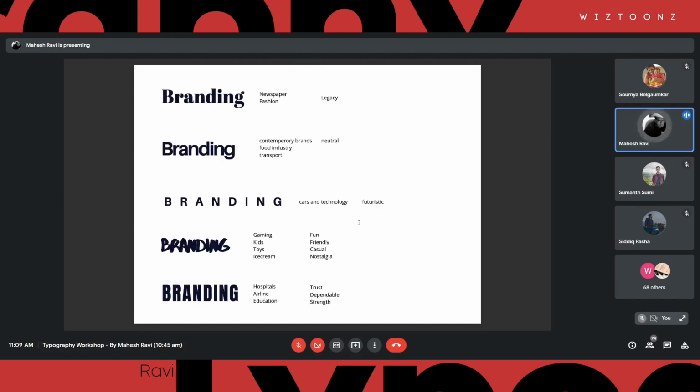So if you look at this example, this is something that you might have seen already in my class. This is the same word, right? If you look at it, it's branding, which is written in here, but it is written in different typefaces. It is written using different fonts. It has different character spacing, different arrangements and all those things. Thickness, everything is different in here, even though it's the same word.